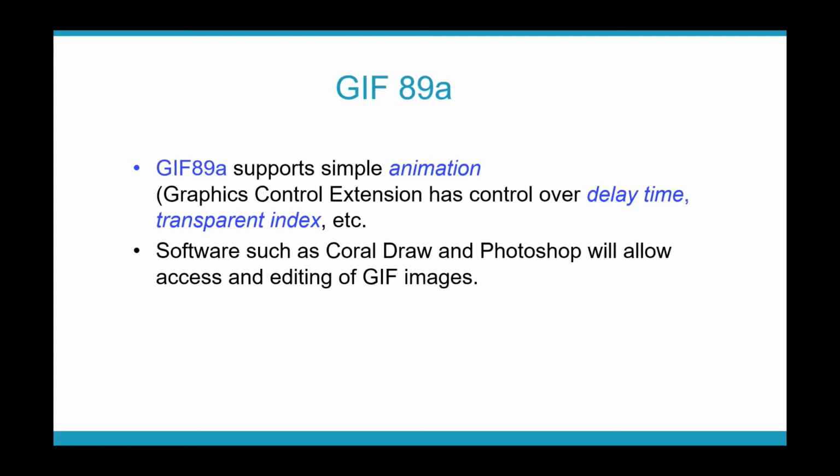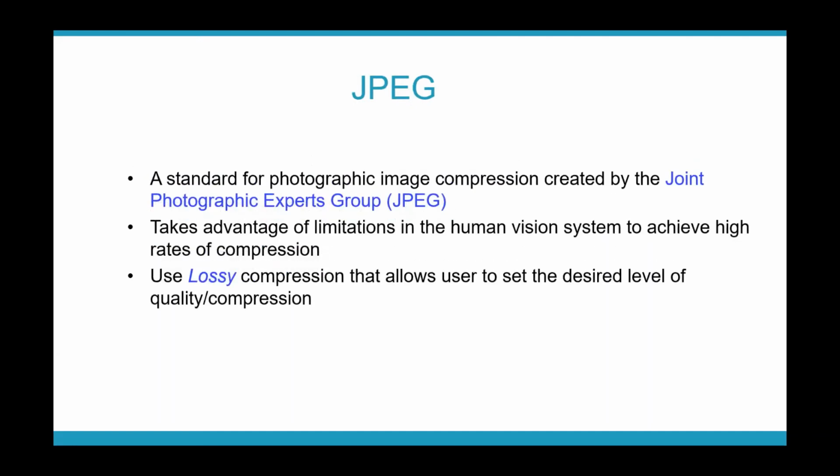Normal applications which allow you to edit GIF images are CorelDRAW, Photoshop, etc., things you're already familiar with. So GIF is one format which is system independent. Another system independent format is JPG, the one we normally use in Microsoft Word and other Office documents. As we have discussed, JPG is a format which uses lossy compression, so some amount of information is lost in JPG images because it is a compressed image format.